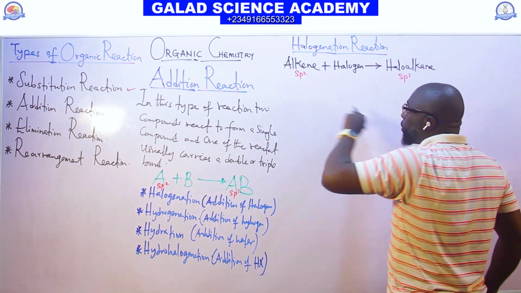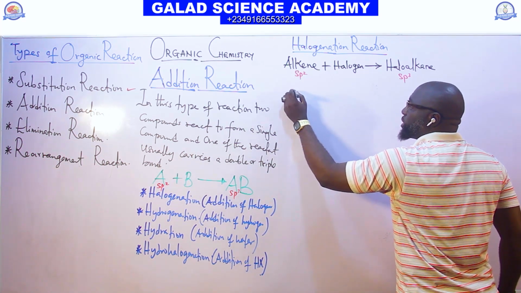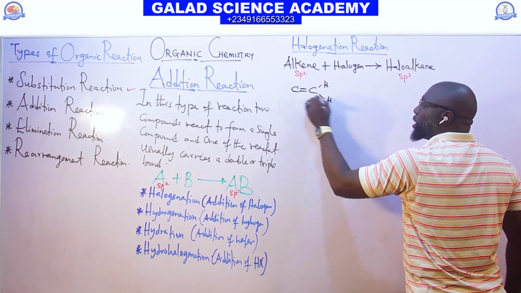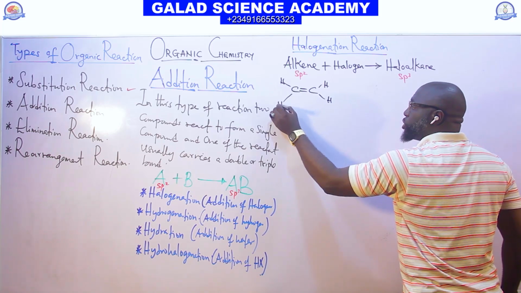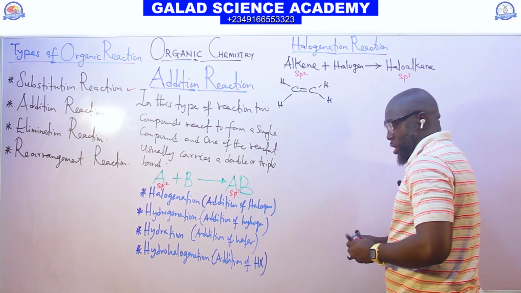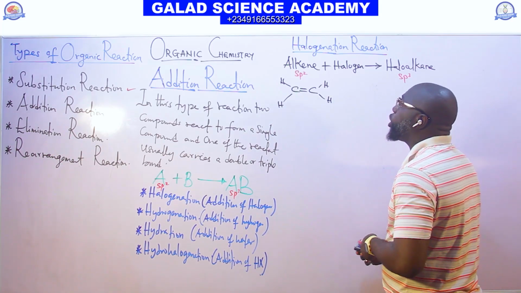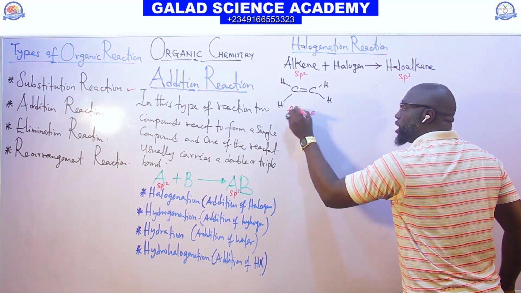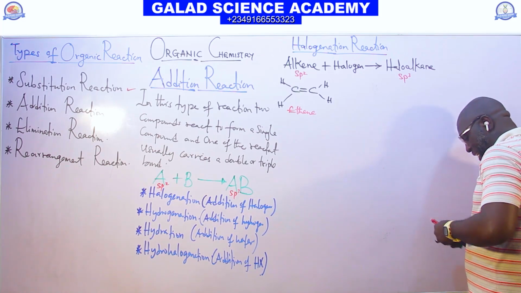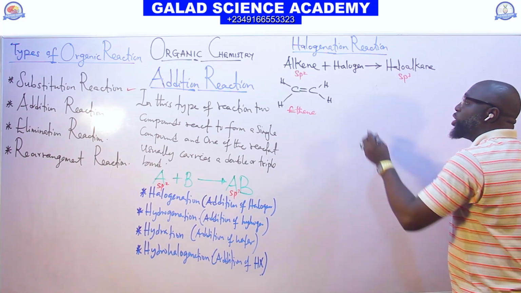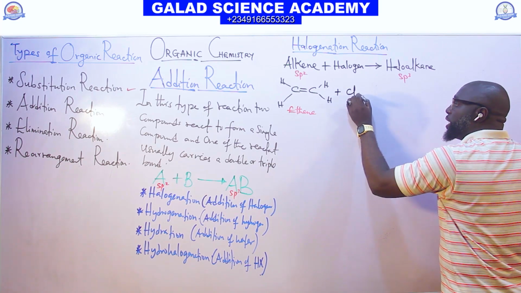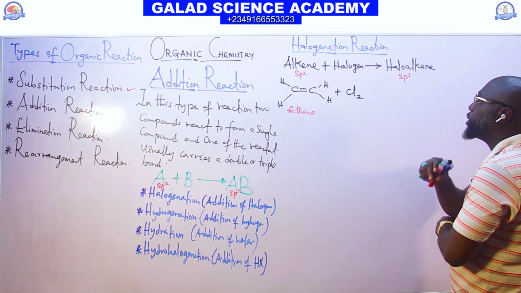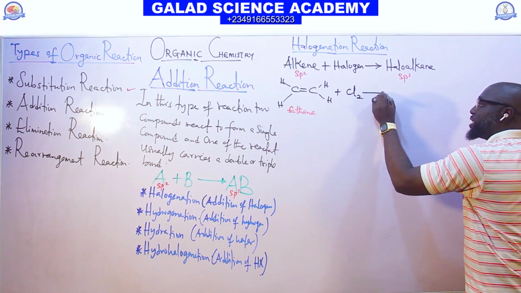Let's look at the common example of halogenation. If I take the first member of this family, which is ethene, we call this compound ethene. So when this ethene reacts with halogen, let me use chlorine, react with halogen, which is chlorine, it will give us